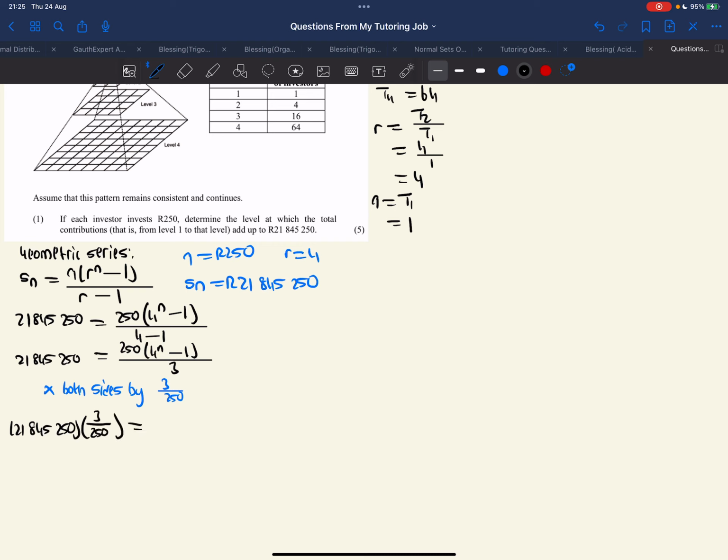And on the right hand side, that 3 and 250 are going to cancel out, so we're basically left with 4^n minus 1, right? Then we're going to say 4^n minus 1 equals, let's use a calculator. So 21,845,250 multiplied by 3 over 250, we're going to get